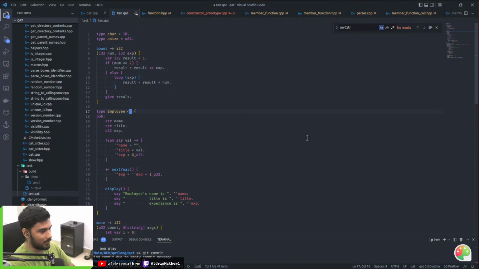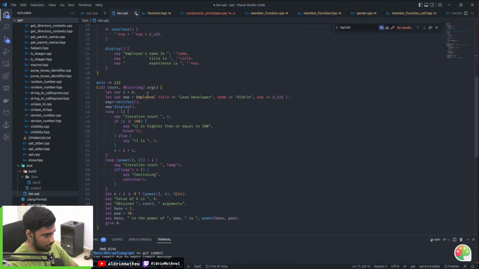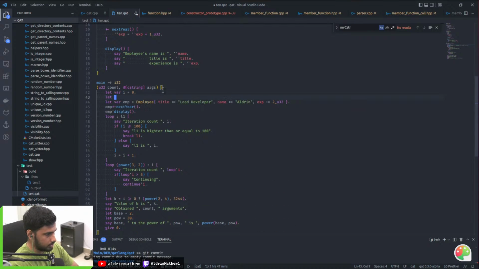The reason for this is that, for example, I previously showed you this, right? Let k equals some string to C string. I previously showed you this syntax, and this syntax basically means that a type can come here.